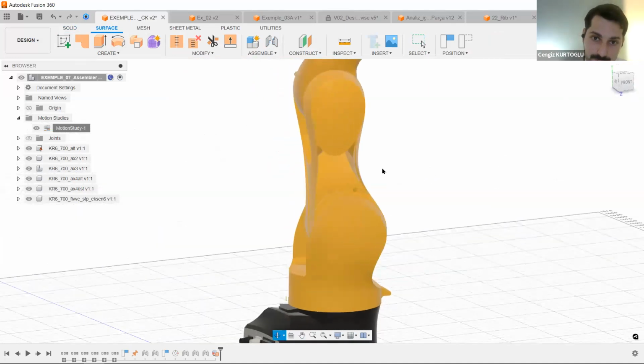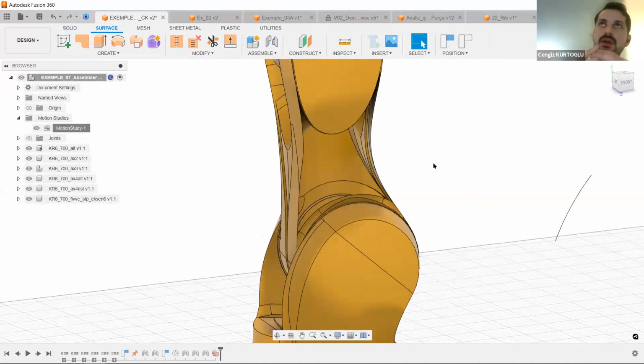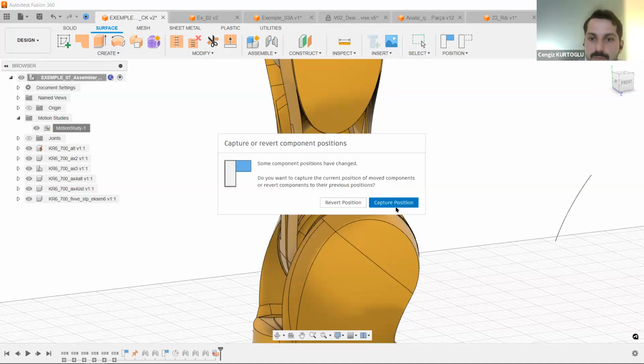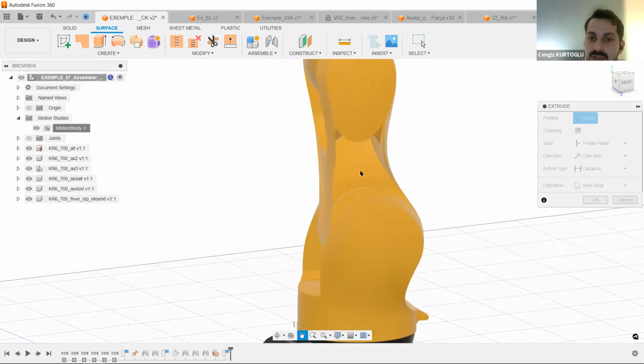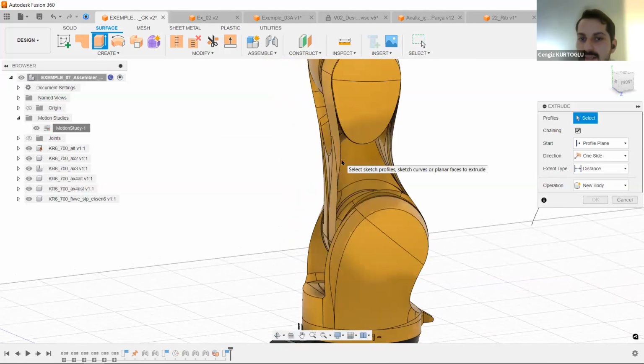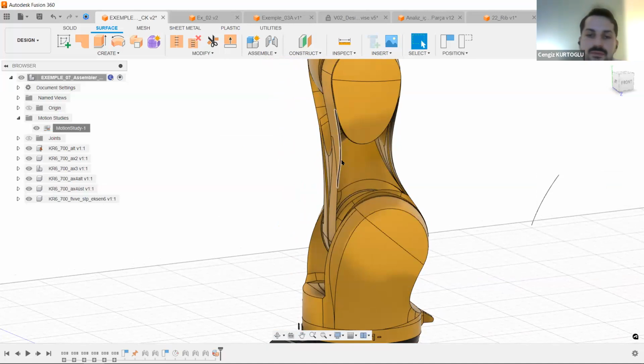As you can see, Fusion starts to treat these CAD modeling parts as a surface, which is very handy. And now you can create new extrude parts using surface modeling, which is quite interesting and a very handy way to